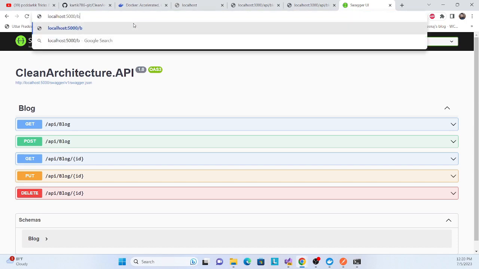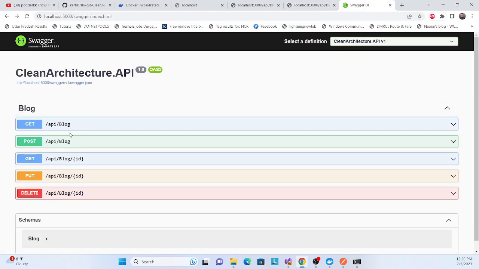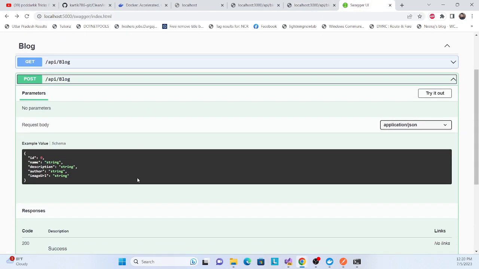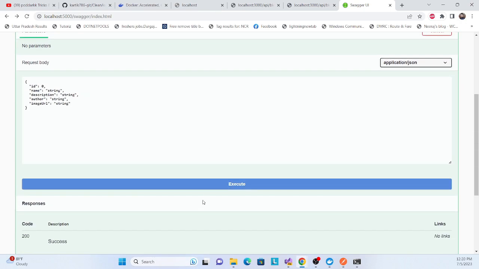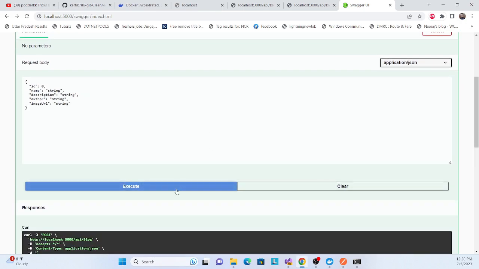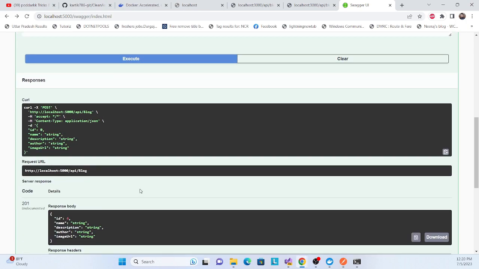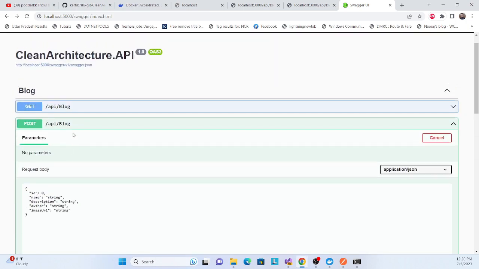You can also check your get endpoint, the api/blog. See, there is no data. So let me try to insert some data. How can we do that? Let me go back, insert some data, try out, execute, execute. I executed four times, so four records are there.